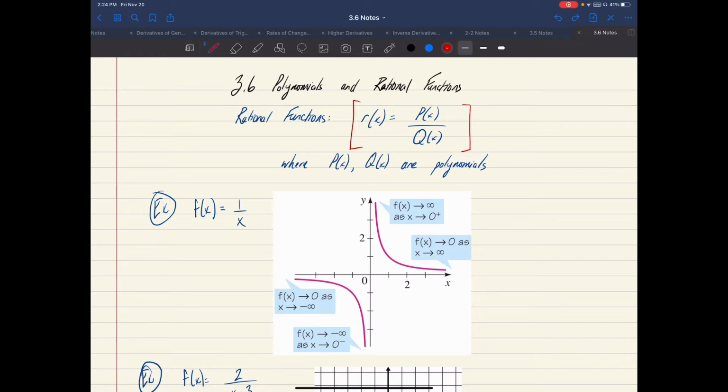It's like our parent function we've used for a long time. And in this picture, we have a picture of 1 over x. And you'll notice f of x goes to infinity as x goes to 0 from the positive side, and f of x goes to 0 as x goes to infinity. So that's talking about end behavior, which we'll look at again later. So if we get to our first example,